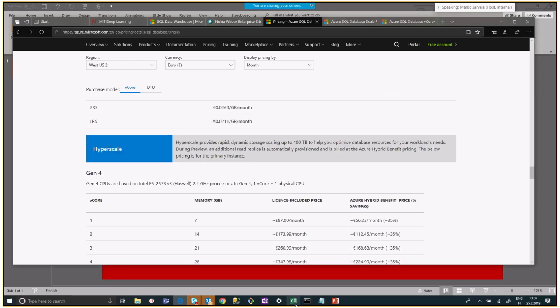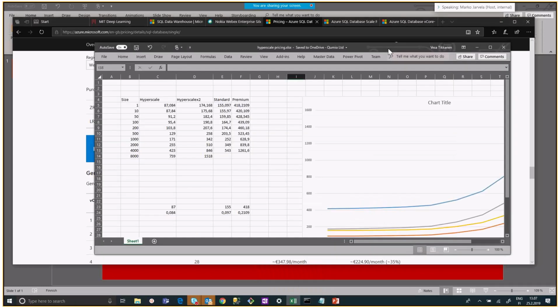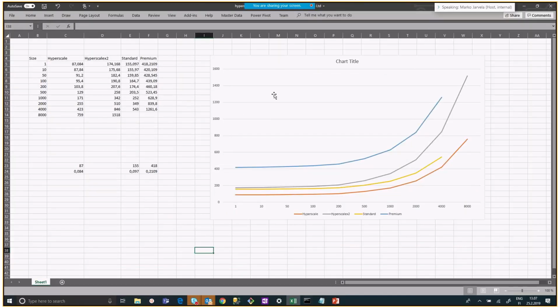I put the prices on the Excel to make it kind of valid or clear, and notice that the scale is not linear on the x-axis, so the price is not going up like this. It's more or less the thing on the x-axis that causes this behavior. But if we look for the premium, first of all, the premium has a certain price, and comparing to